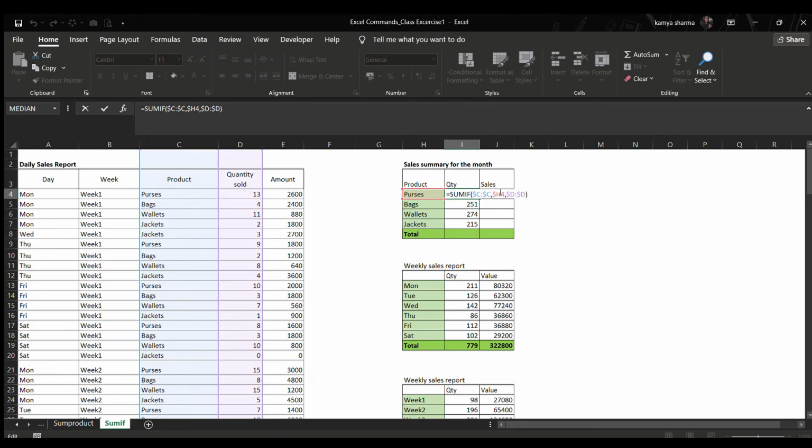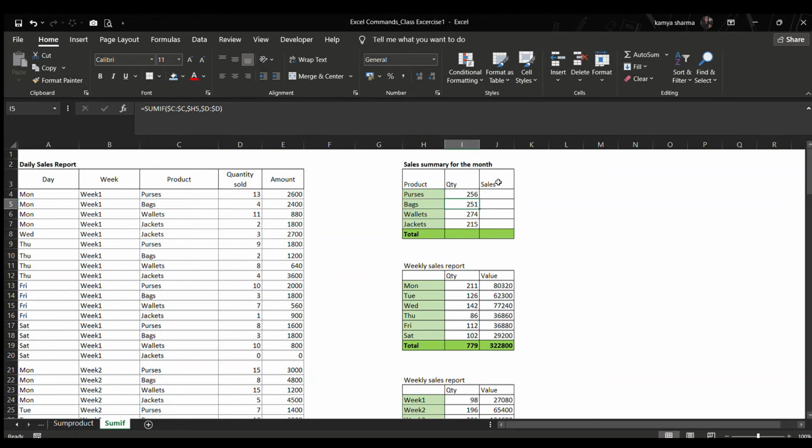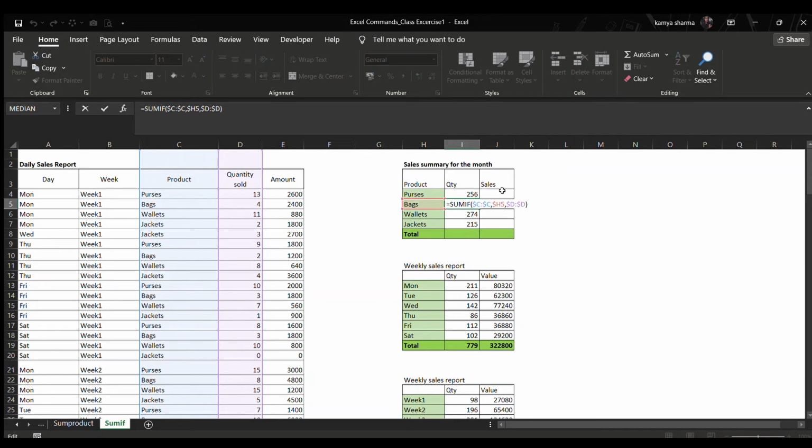That means I have fixed column H but not the rows. See, when I drag the formula down, column H is fixed, but the row has changed. It has shifted to row 5.